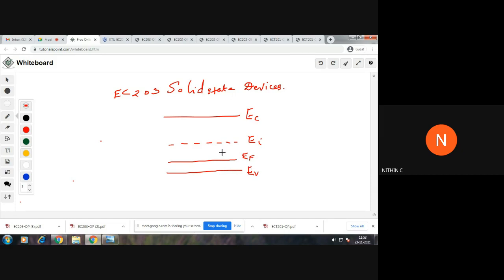Now you mark the position, and you need to find this difference. To find this difference, you need to depend upon some other equations. Take the expression involving EI and EF. Previously you can refer to it and find the value of EI minus EF. Just need to find the value of EI minus EF.